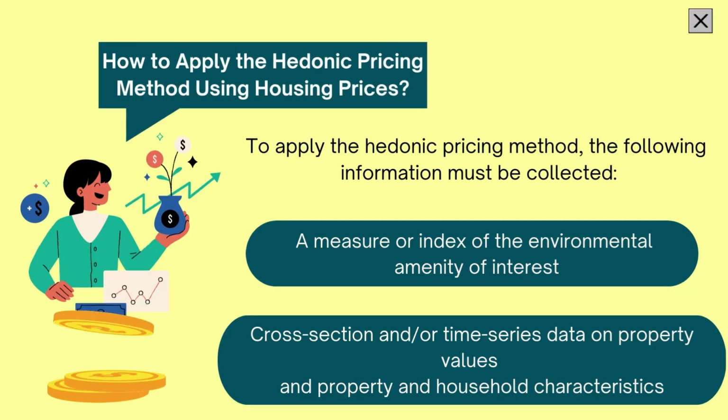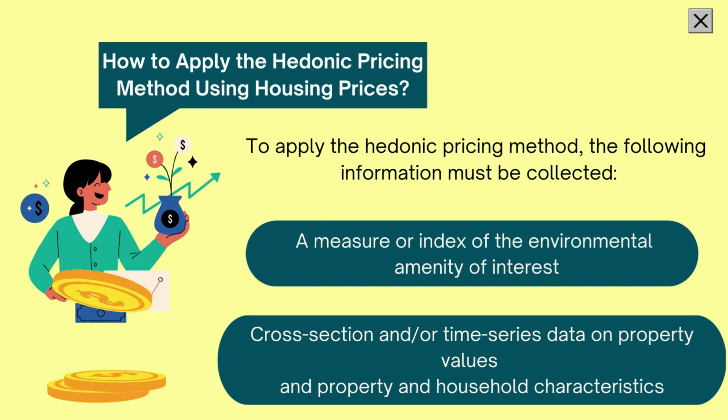How to apply the hedonic pricing method using housing prices in general. The price of a house is related to the characteristics of the house and property itself, the characteristics of the neighborhood and community, and environmental characteristics. Thus, if non-environmental factors are controlled for, then any remaining differences in price can be attributed to differences in environmental